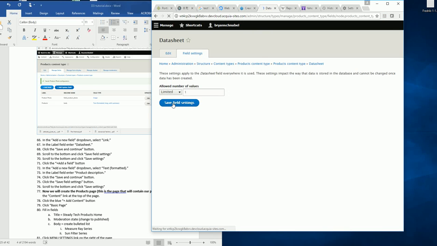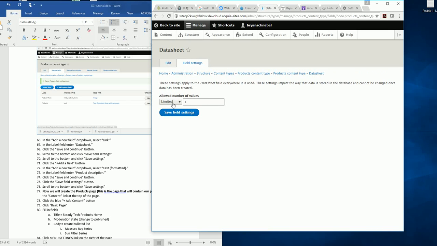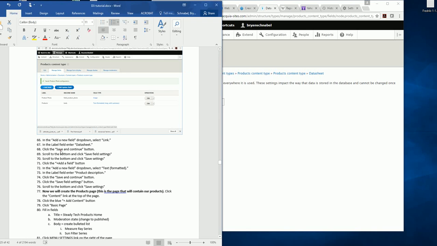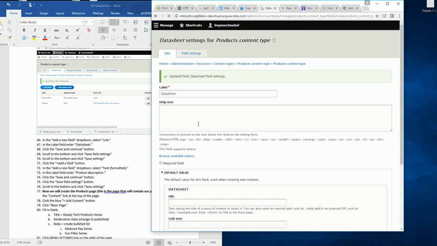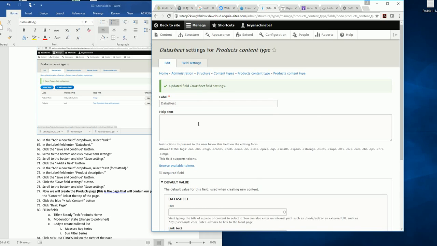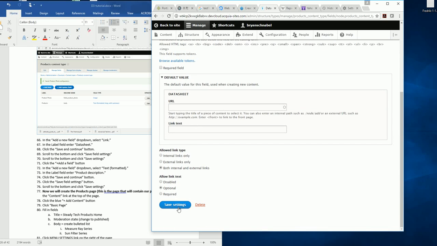Step 69, I'm going to scroll to the bottom of the page. Is it still thinking? Oh wait, so where am I? Step 68, save. Oh, step 69, save field settings. Okay, I thought I had already clicked that, but maybe not. Okay, now step 70, save settings. Okay,